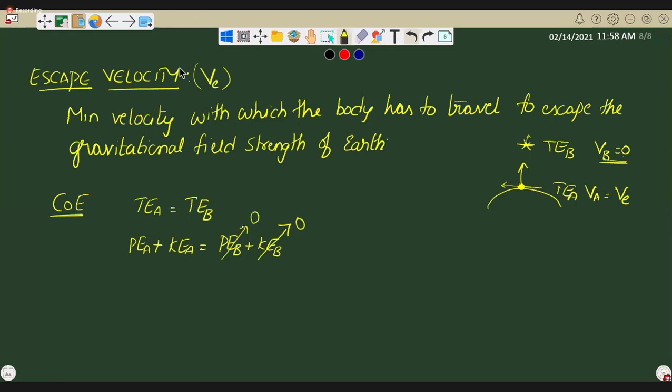Zero. Yes, sir. Now what is your kinetic energy at this point? Half m VE square. Yes, sir. What is your potential energy on the surface of Earth? Minus G capital M small m divided by R is equal to 0. From this, you get your escape velocity as